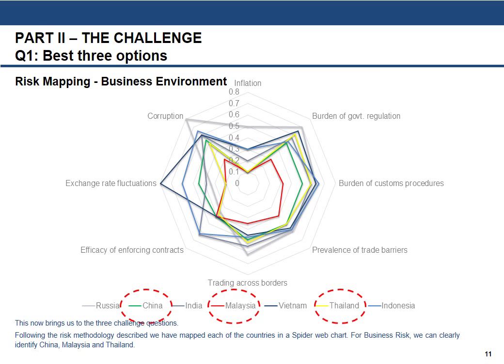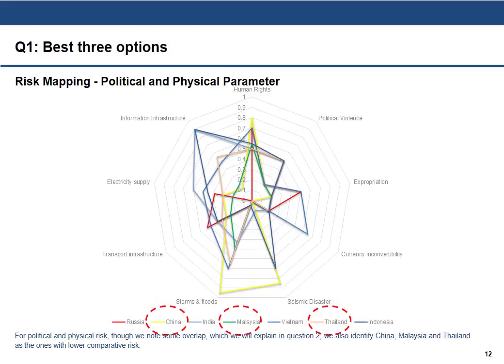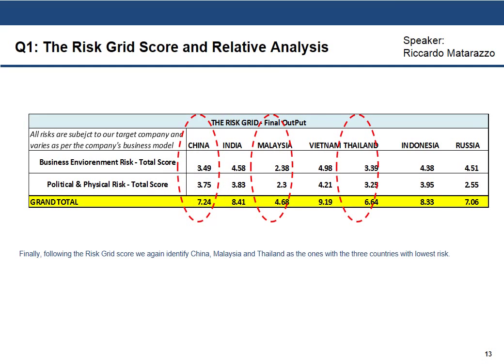This now brings us to the 3 challenge questions. Following the risk methodology described, we have mapped each of the countries in a spiderweb chart. For business risk, we can clearly identify China, Malaysia, and Thailand. For political and physical risk, though we note some overlap, which we will explain in question 2, we also identify China, Malaysia, and Thailand as the ones with lower comparative risk. Finally, following the risk grade score, we again identify China, Malaysia, and Thailand as the 3 countries